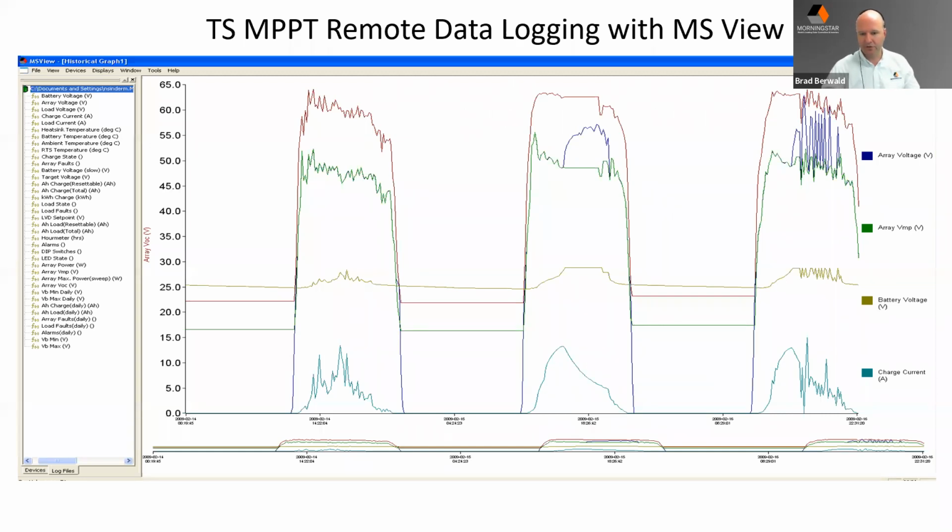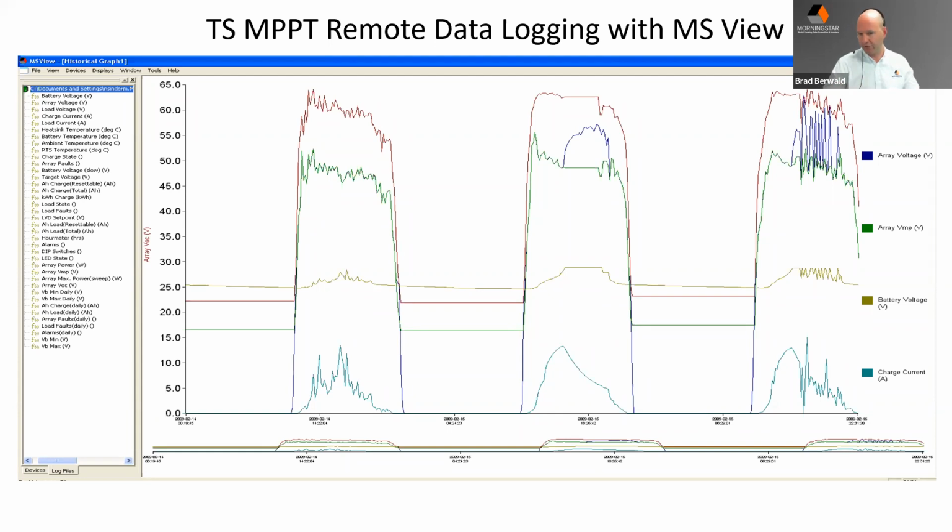So moving on to some graphical data here. This is sort of a perfect example of 3 days in the life of an off-grid system. And I know there's some very small text there, but you're basically seeing the array's open circuit voltage and VMP at the red and green at the top. You're seeing the battery, of course, at the bottom in blue, and you're seeing those current levels that are taking that into account. If you look at the graph there in the middle, you'll actually see kind of a perfect absorption stage. Peak current that gradually is reduced as the battery is reaching a full state of charge. So that's kind of what you want to see.